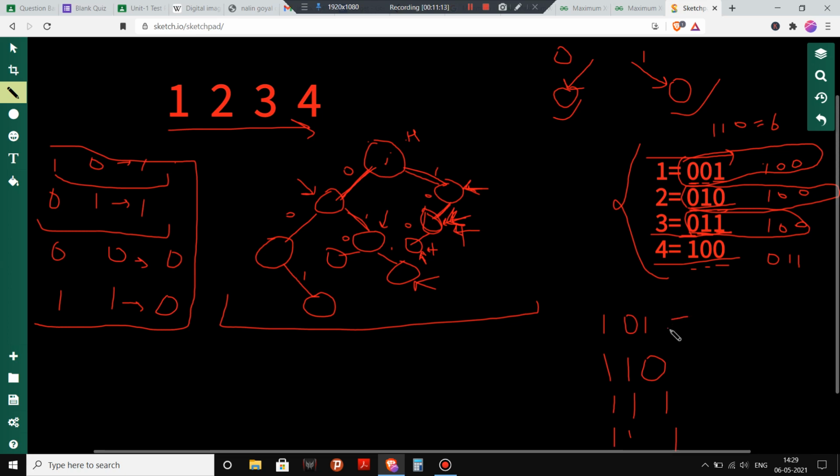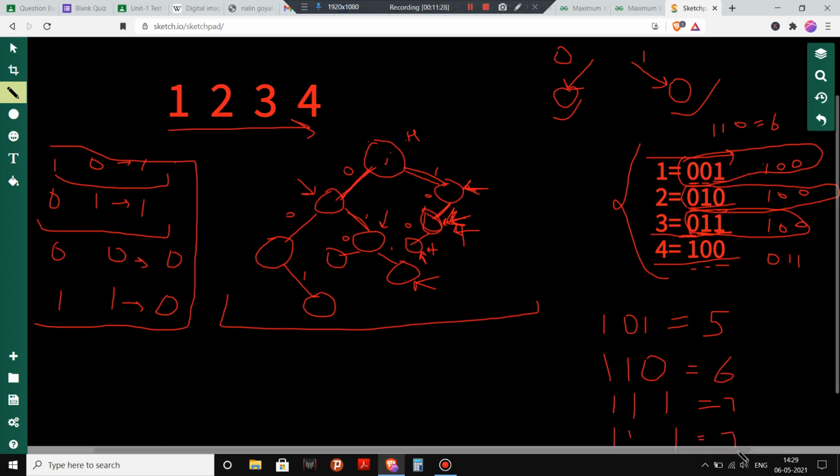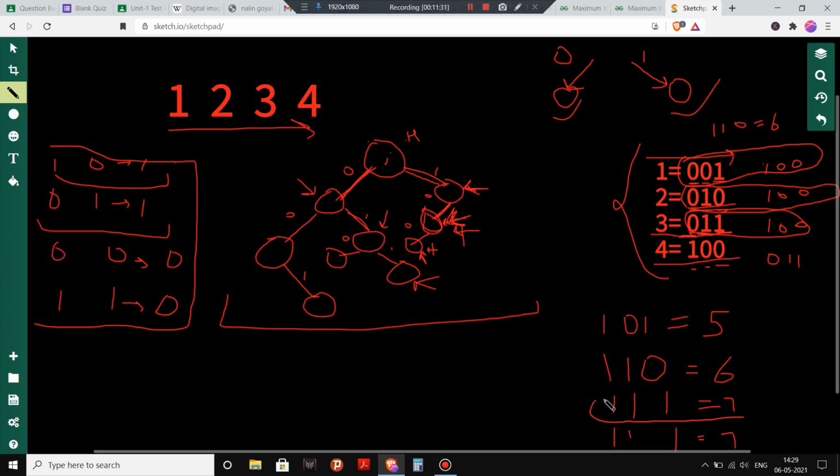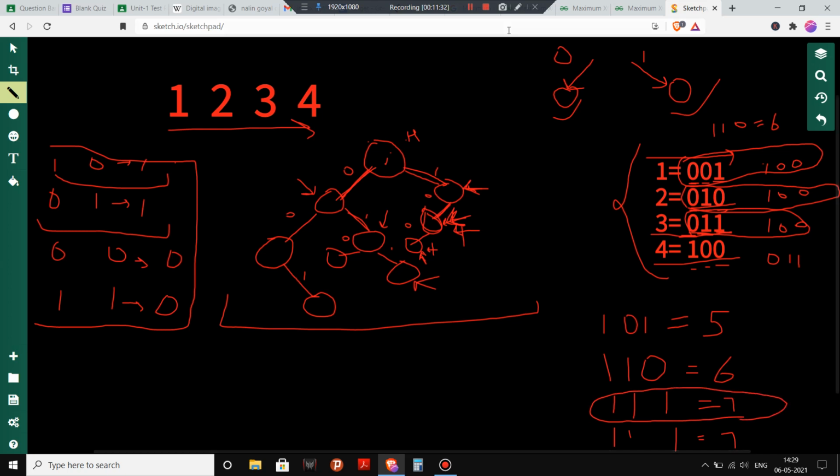Now if we calculate the values, it becomes 5, it becomes 6, and it is 7. So clearly we have obtained our maximum XOR, which is equal to 7.